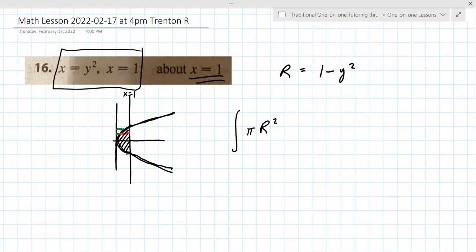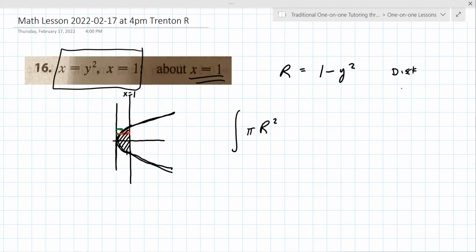Is pi r squared the formula for a disk? Yes. Problems? Yes. Okay. I don't know if it's K or C. I really have no idea, but it's the ones where there's no gap. The non-washers. Okay, so